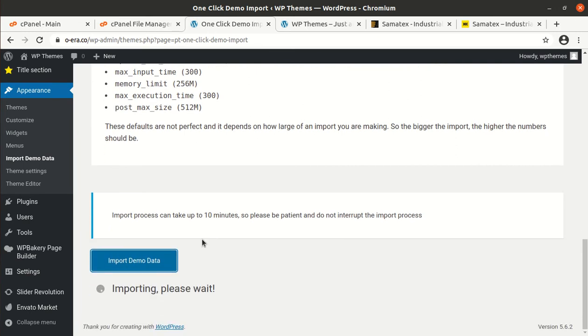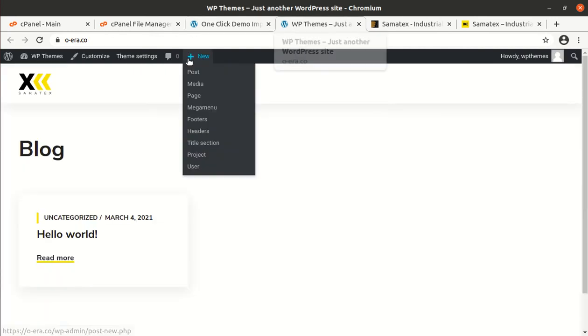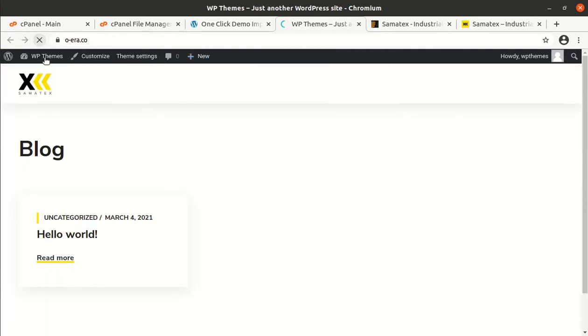Now importing demo data has been started, and it may take up to 10 minutes as it is written over here, and we have to be on this screen without any refresh or leaving this page. Just patience is required on this screen, something good is going to happen, and you will reach this screen. That's it, all done. When the demo content gets completed, now we can recheck our website,